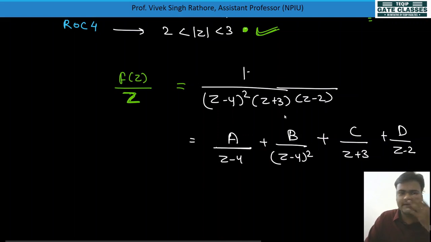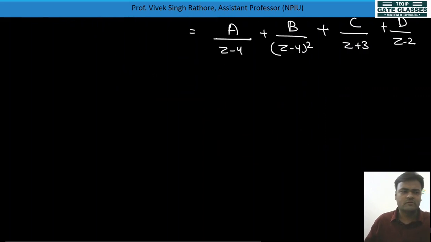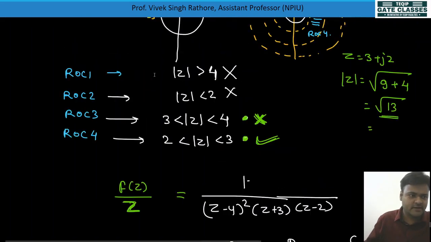Like see, z plus 3 is there. So for taking out the c value, we'll cancel out z plus 3 and keep z equal to minus 3 in all other values, check what value comes, and put it here. Okay, let it be whatever value it may be. I'm not focused on the coefficient value. I need to tell you how we are doing the inverse Z transform.